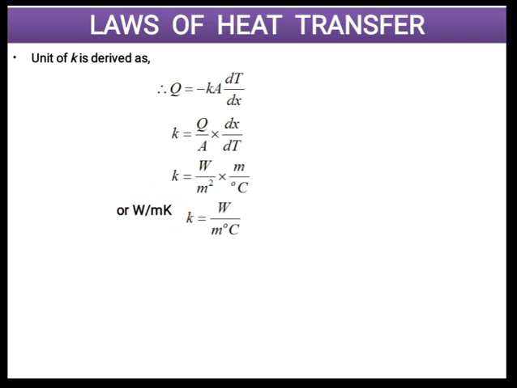Remember, you don't need to add 273 when you are converting watt per meter degree Celsius into watt per meter Kelvin. No need to change the unit, no need to add the 273 parameter, because here we are talking about delta T, and previously we were talking only about the temperature. So both of these units are equivalent, they are equal to each other. This is a common mistake made by students and I request you to avoid this mistake. Particularly during problem solving, students tend to add 273 to this value, thinking that they will get watt per meter Kelvin. So please do not make that mistake.